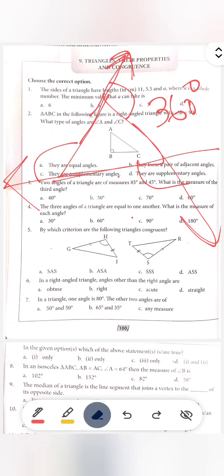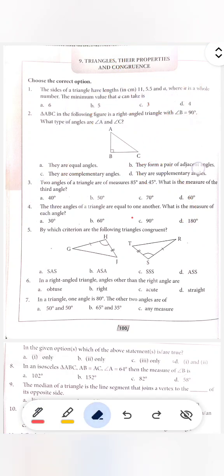Now, about the different types of triangles you may know, we will discuss them bit by bit in this chapter. Okay, let's start. The first question: the sides of a triangle have lengths 11 centimeters, 5.5 centimeters, and a, where